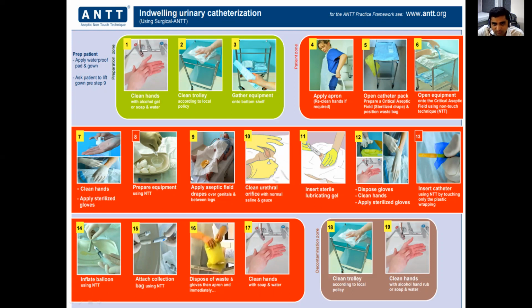Gather everything. Then do painting with antiseptic solution in an expanding circular motion. Initially, you can just wash with saline water, and then you can apply antiseptic solution of Betadine to clean the genitalia in circular motion and clean the urethral orifice. And then you have to insert lignocaine jelly in both male and female. In male specifically, after inserting lignocaine jelly, you have to pinch the penis to hold the lubricant for a few minutes to get its effect.